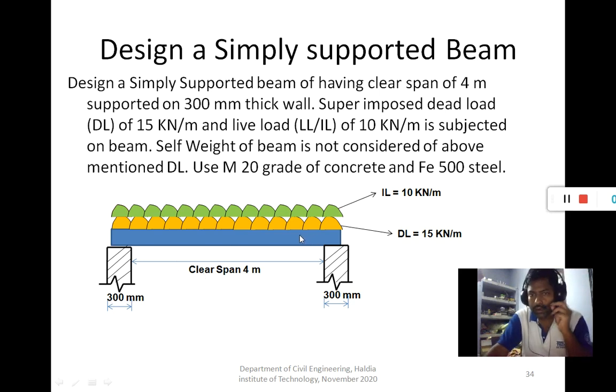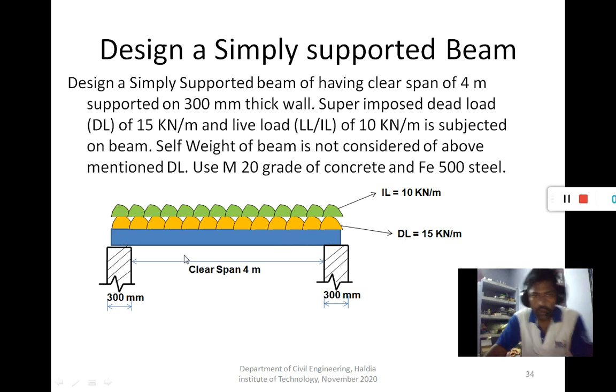Two loads are applied. One is dead load, where the weight of the beam is not included. So you have to calculate that separately and add it to the dead load, because the self weight of the beam is also a dead load, and dead load means a permanent load.